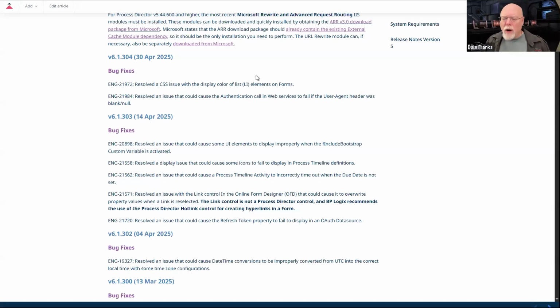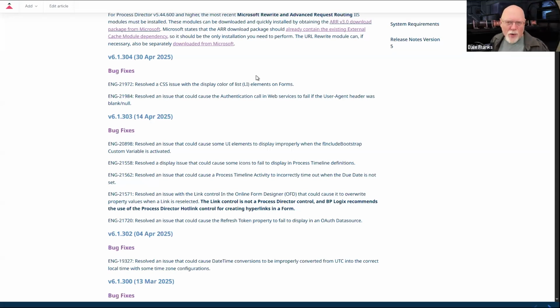Another weird issue where for some process timeline activities, if you did not have a due date specified, it would time out. And you had to have a particular configuration and be doing a particular thing. And usually what happens is it just takes your duration and it calculates the due date based on the duration. So if you don't provide a due date, we know what the duration of the activity is and it gets provided anyway. But in this particular configuration, that wasn't happening. So the activity not having a due date would just immediately time out.